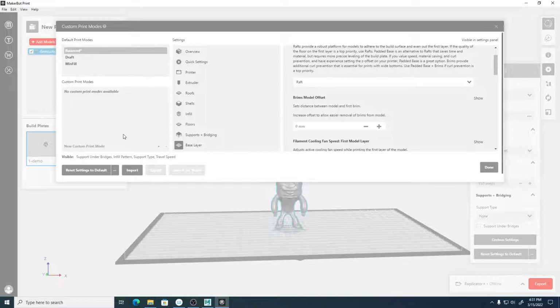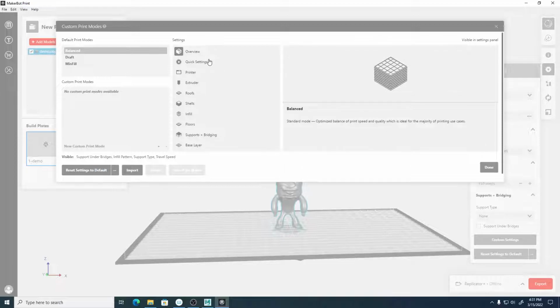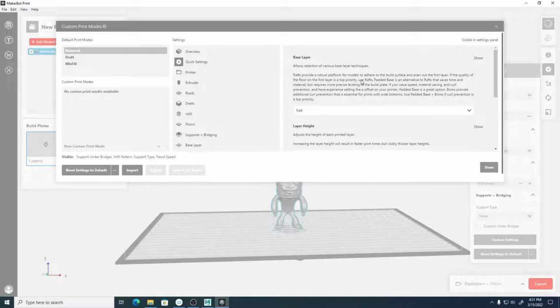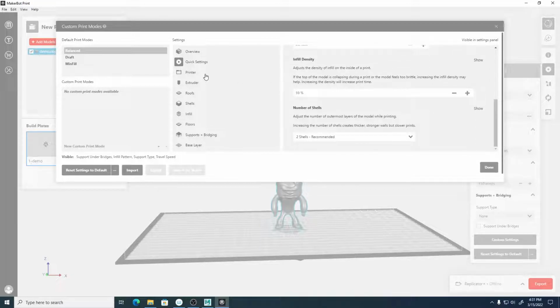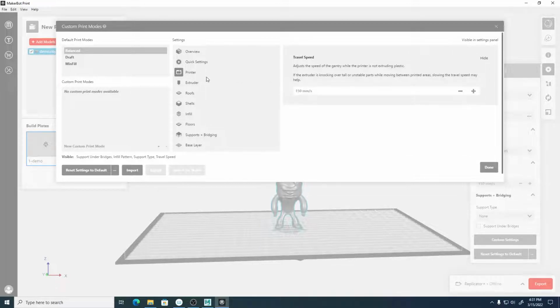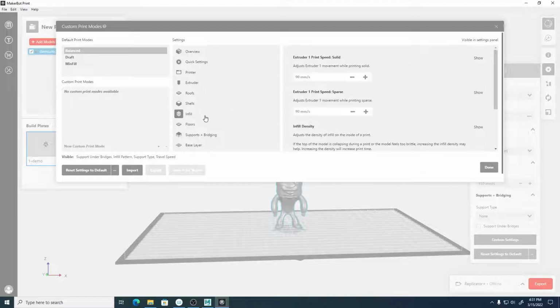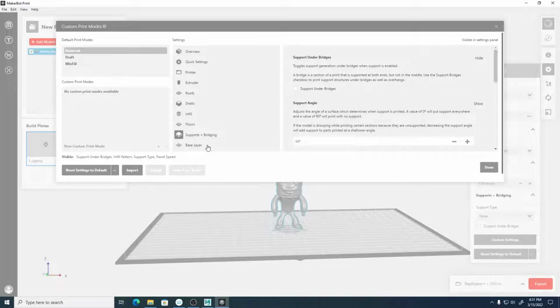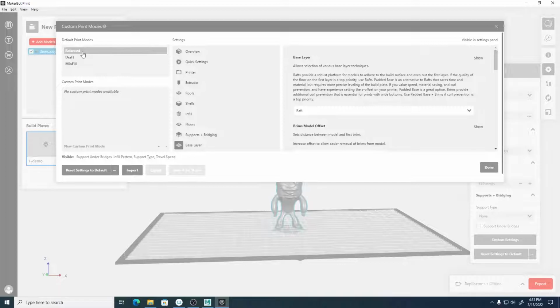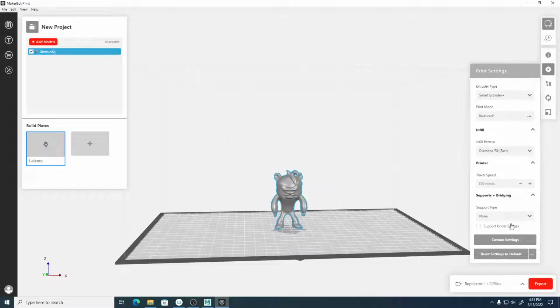So balanced is usually going to be okay, and I'm actually going to just reset to default. You really don't need to come in here unless you're starting to have fails, and then you can start adjusting what you need, but most of what we need is going to be just fine under balanced. Okay,